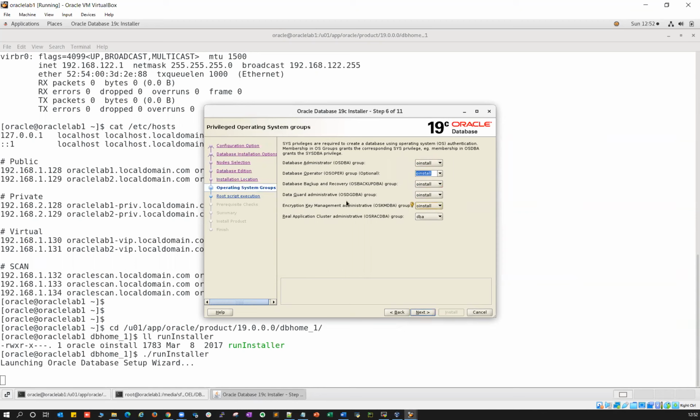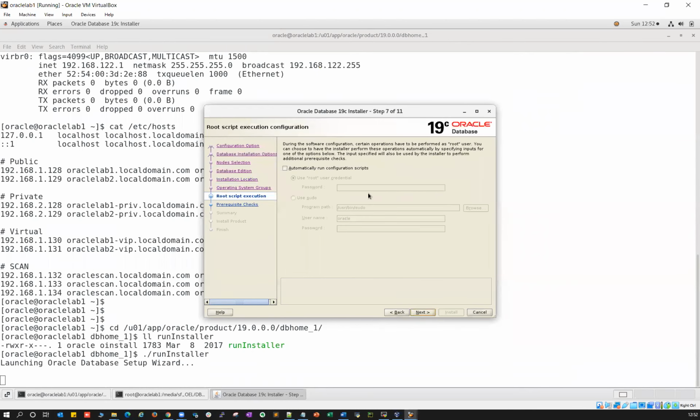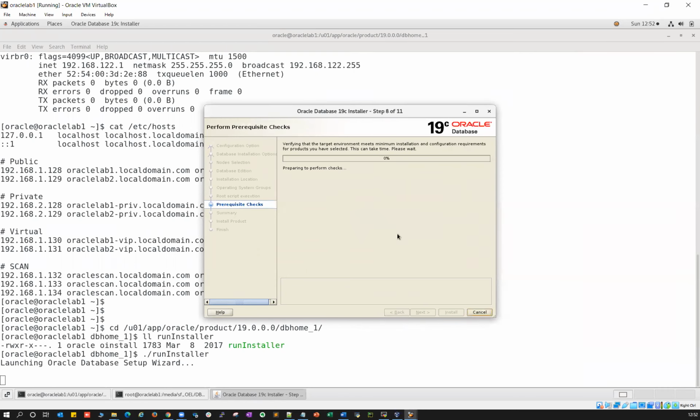If you're going with different groups, you can make OSDBA as DBA, OSOPER as OPER, backup DBA as backup DBA, DG DBA as DG DBA, all of them, whatever as per your design and needs. So for now, this is my lab environment, so I'll go with OSINSTALL for everything. Right, doing the pre-checks now here.